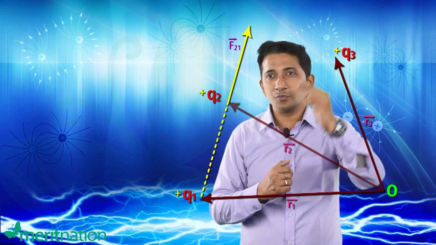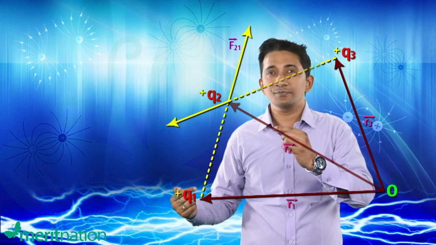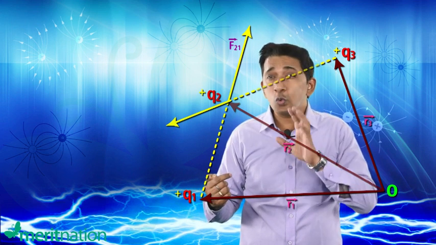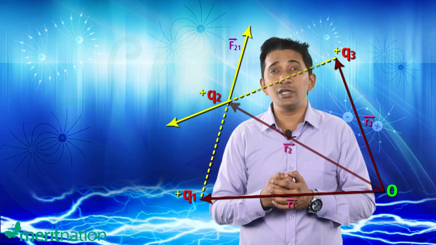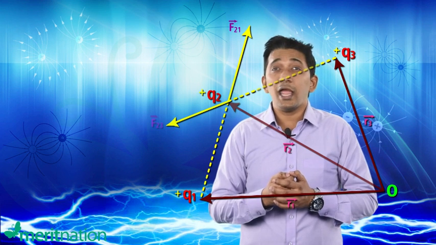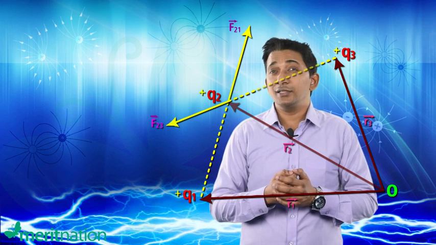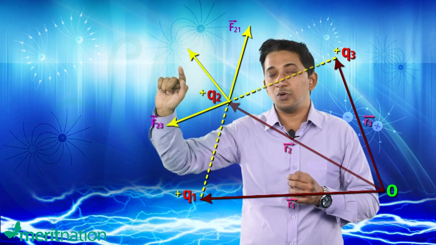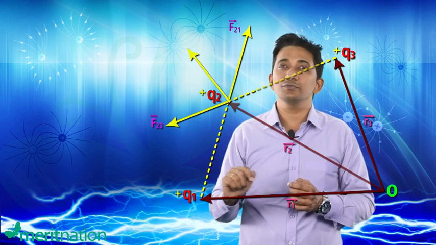That is going to be in this specific direction. Now, if we want to consider the net force, we have to only think in terms of the vectorial resultant of the two forces F21 and F23, and that vectorial resultant will be in this specific direction. So I am taking care of that force by a value